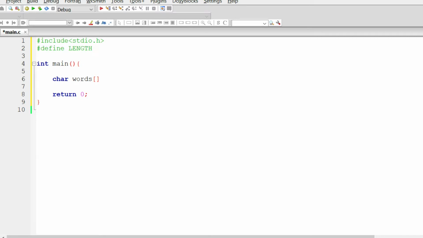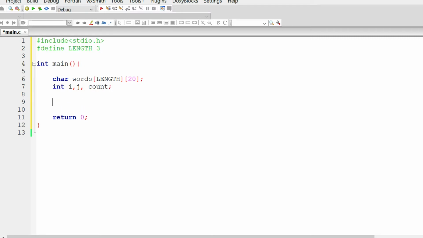LENGTH 3, and 20 characters for each word. Now we will need variables for loops: i, j, and a variable to store counting, so let's name it count.